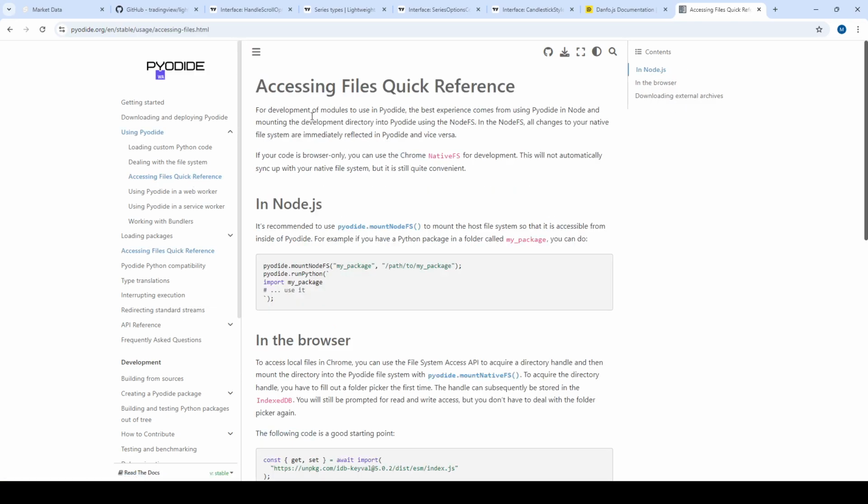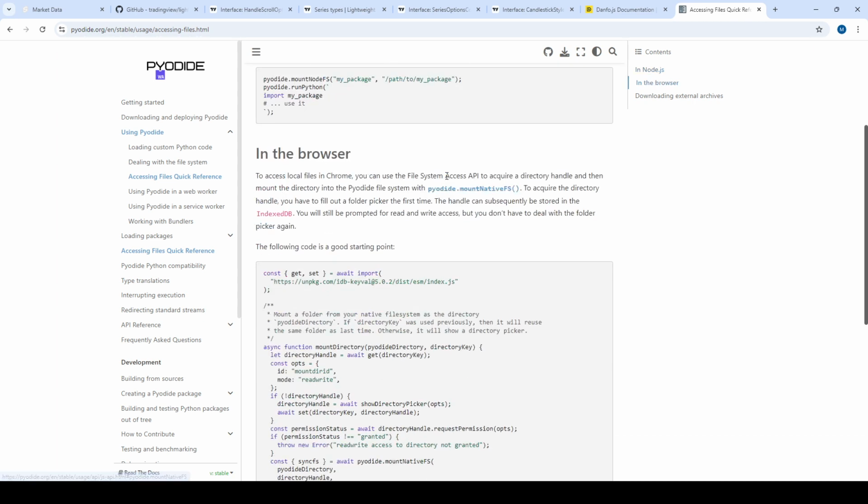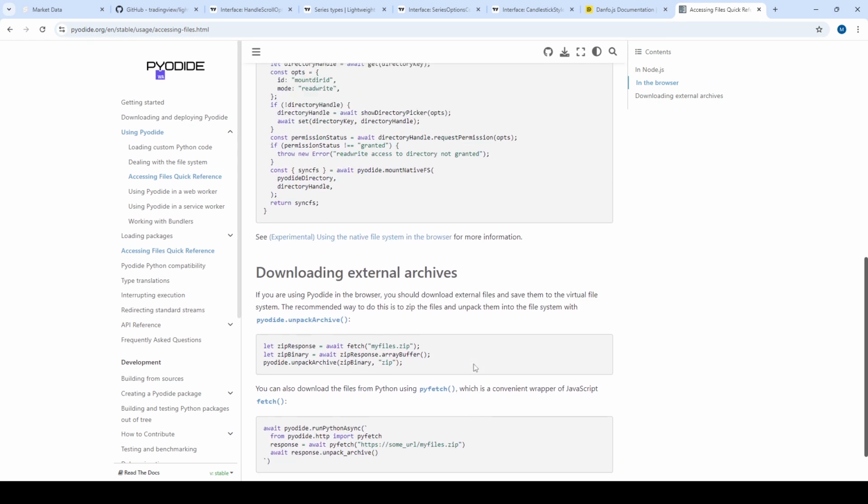Accessing files for development of modules. The best experience comes from working in the browser. To access local files in Chrome, you can use a method to acquire a directory handle and then mount the directory into the Pyodide file system. It pops up a folder picker the first time. That kind of defeats the purpose of all the drag and drop stuff, but